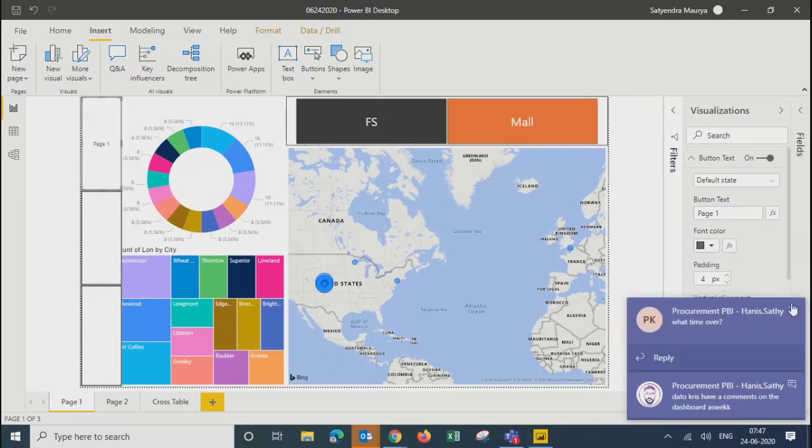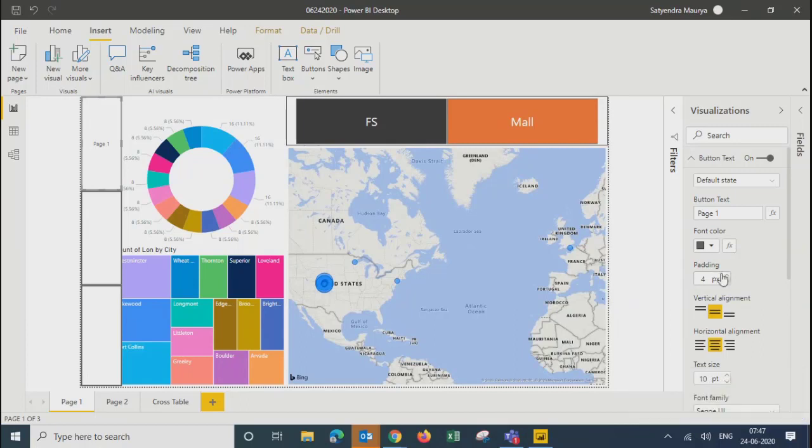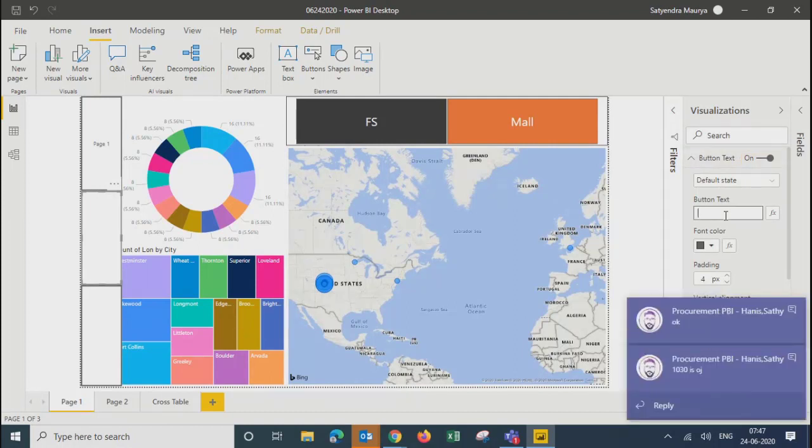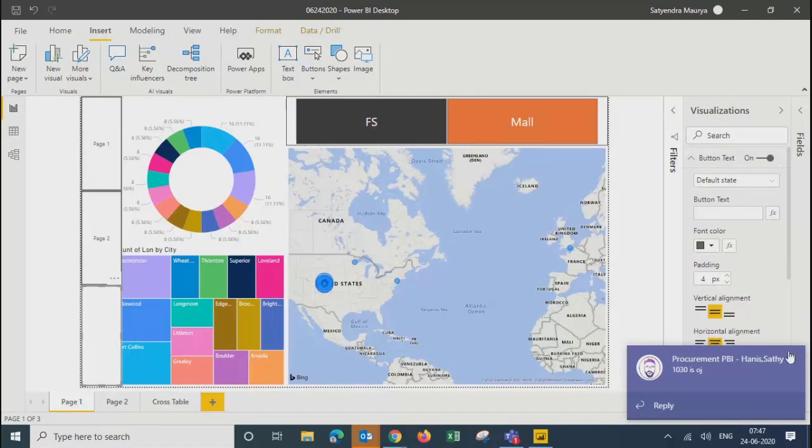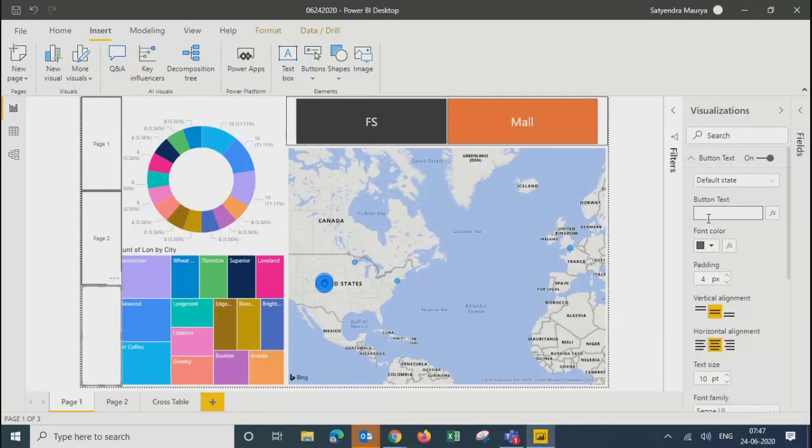This is page 2, and over here also I will say page 2. For this, I will mark it as page 3. Then let me color this. In order to color the button, I'll go to fill, and under fill let's give some color.